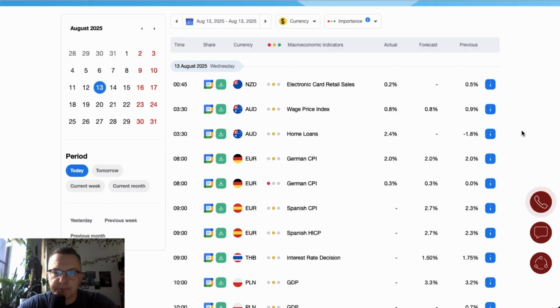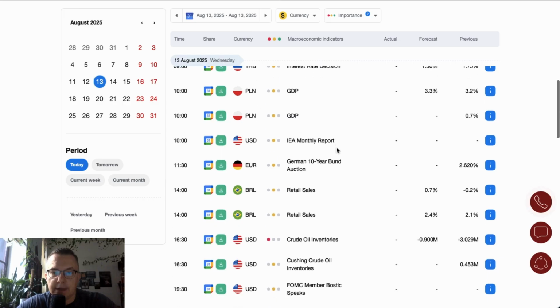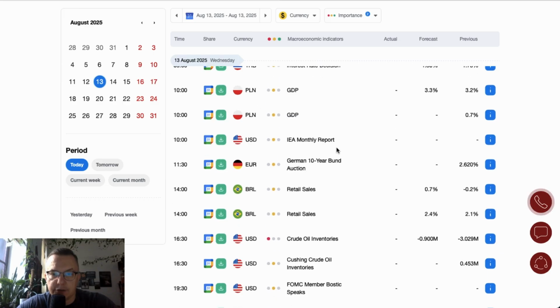Overnight data were mostly from New Zealand and Australia. Electronic card retail sales down from 0.5 to 0.2 in New Zealand. Australia wage price index down from 0.9 to 0.2. Home loans up from minus 1.8 to 2.4. German CPI data are in line with the expectations, up from 0% to 0.3%. We are still waiting for the Spanish CPI, and then at 10 o'clock we get the GDP from Poland